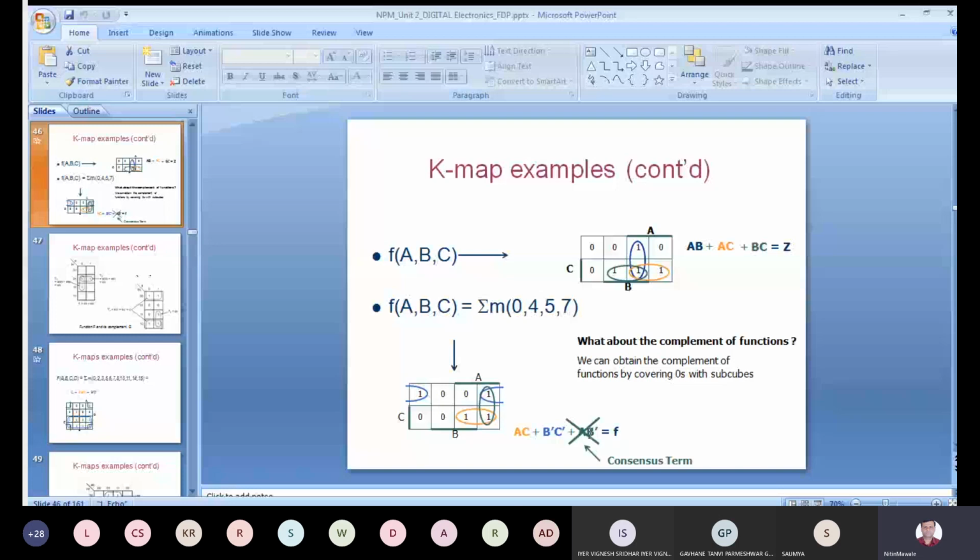Okay, so just draw the whole K-map in three variables. Upper side is AB, lower side is C. So here you should note down 0 1, here 0 0, 0 1, 1 1, 1 0, and then one line you should draw here, upper side A B, lower side C, and then solve that example. So you will get these three terms, but this is not required. So your correct answer is this pair as well as this corner pair. You can say that the additional term is not required.